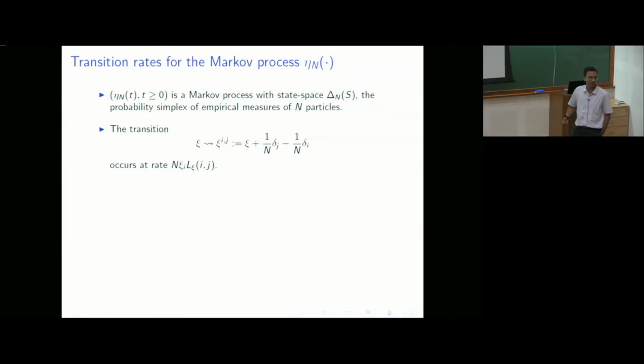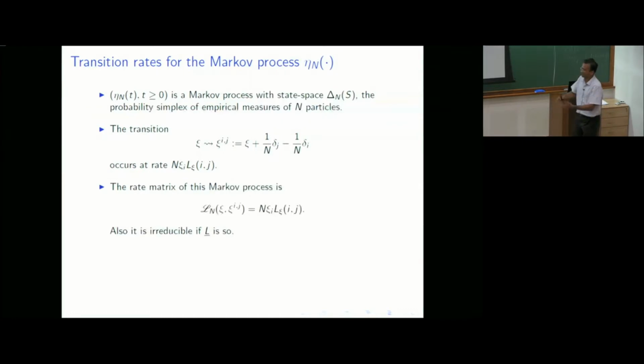And this is the original one. So these are the possible transitions, and this occurs at the following rate. It must be because of a particle in state i that's transiting. There are a total of n xi_i of them. Each one runs a Poisson clock, and the clock corresponding to an ij transition must ring. The Poisson clock's rate is L_xi(ij), and the rate at which the first one rings is this. Then that particle will transit from i to